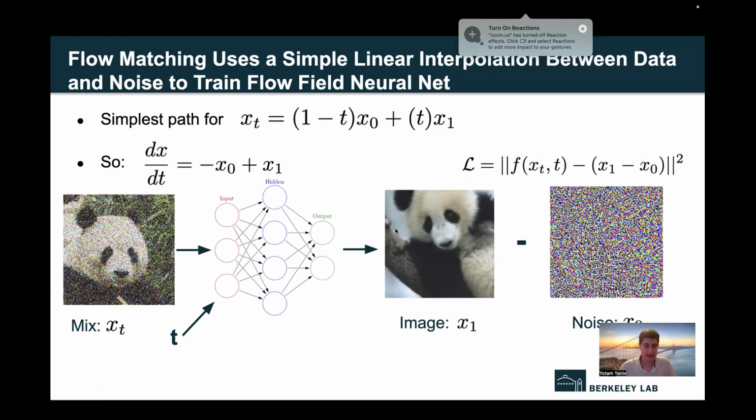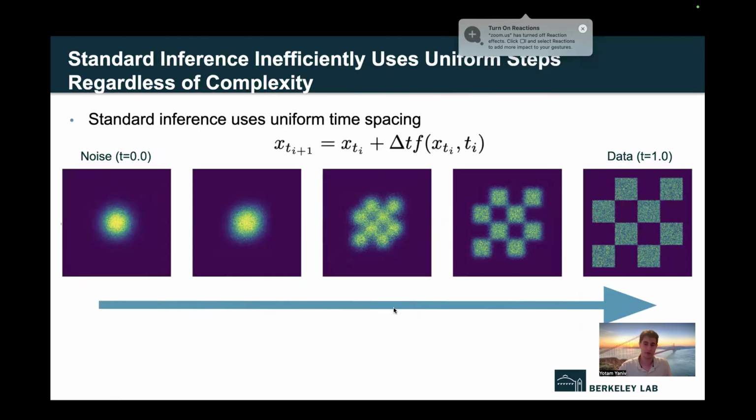And we want the output to be the image minus the noise. So we repeat this process millions of times, and we're able to train our neural network. So once we have a trained neural network, here we're going to look at a very simple example where our